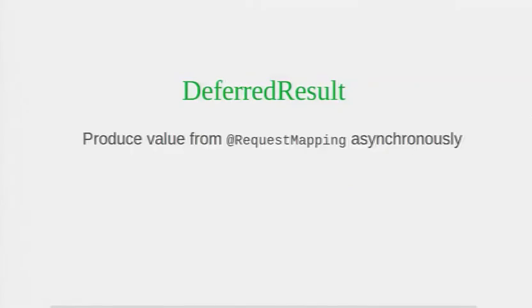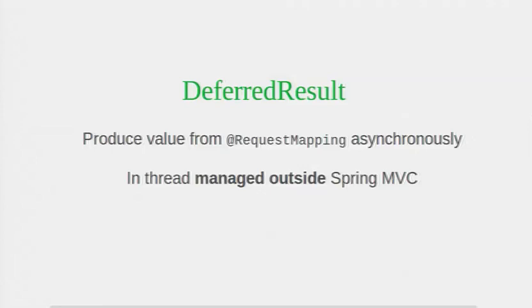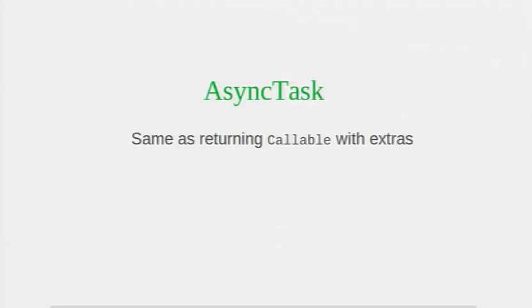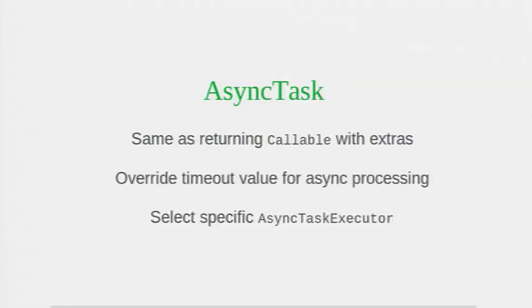With DeferredResult, we have sort of the opposite of that. We don't want Spring MVC to start any threads. We still want to produce a value asynchronously, but in a thread which is managed outside of Spring MVC. So again, a JMS or AMQP listener, or it could be another HTTP request that comes in and makes that result available, if you think about a chat application, for example. And then AsyncTask is just a simple wrapper around the callable, which allows you to override a few things, like the default timeout value, how long before this request times out, and you can customize the async task executor for that specific